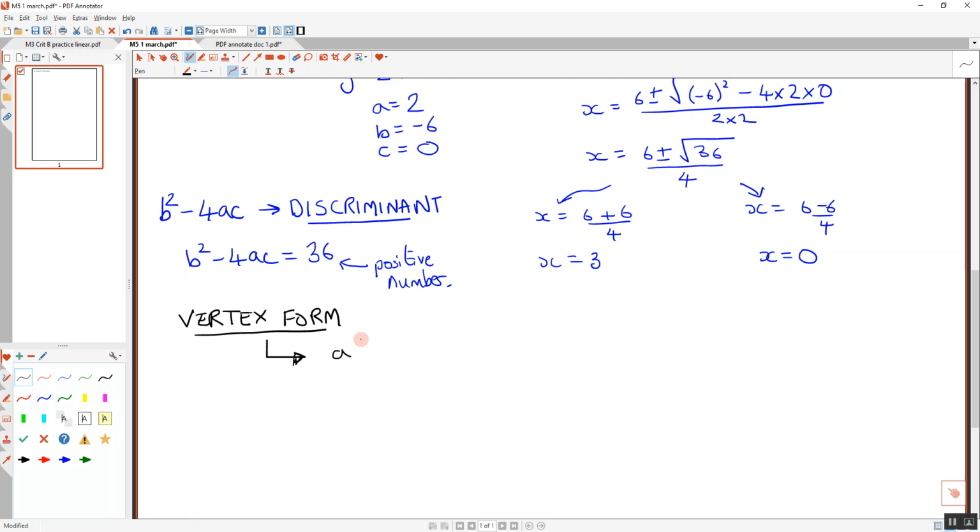And vertex form looks like this. This is for standard and extended as well. So this is our vertex form. You will have done this, hopefully, last year. And now to get it into this form,